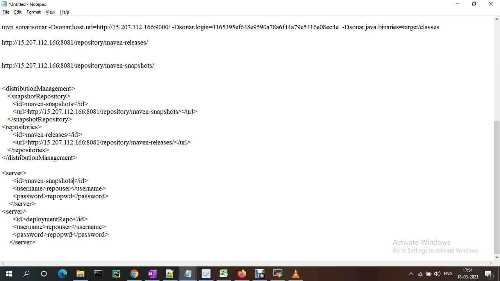And for Maven releases, this is the id, the username is admin, and the password I kept is admin123.